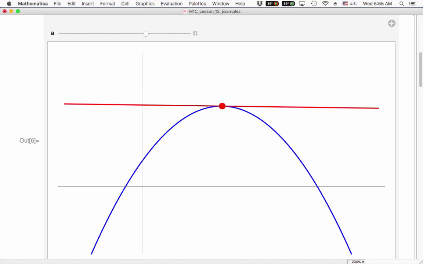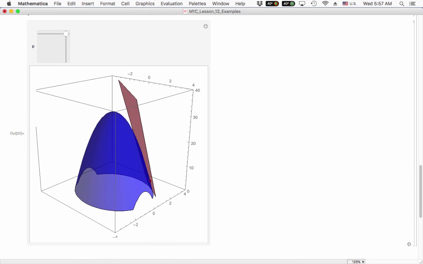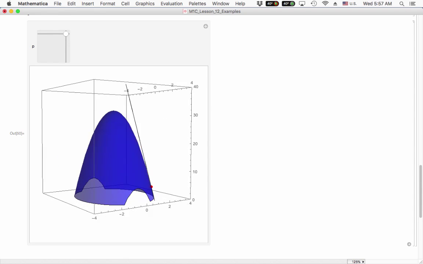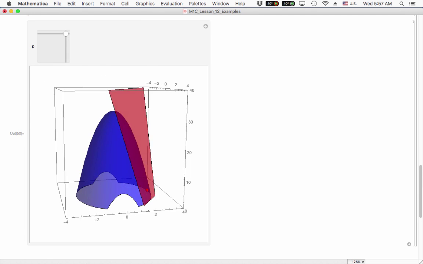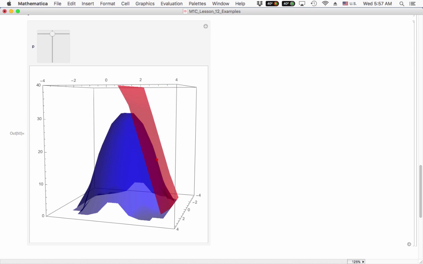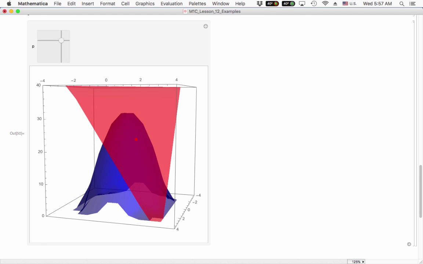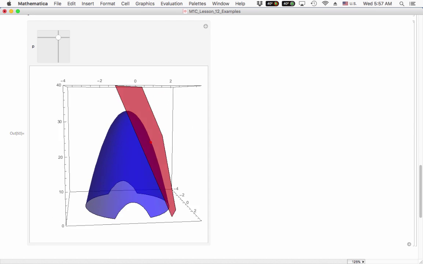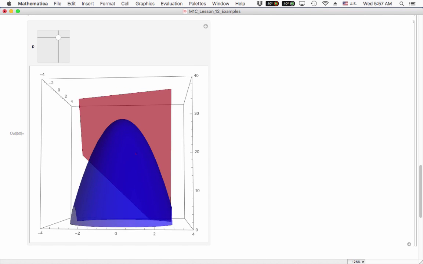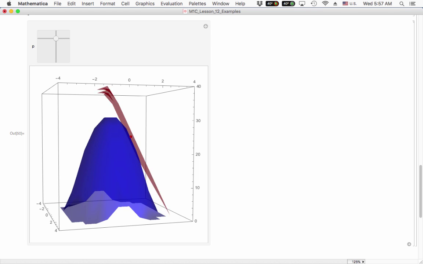Let's visualize how we might do that. Here we are with the graph of a multivariable function, kind of a similar behavior, an elliptical paraboloid. And then instead of a tangent line, notice that we have a tangent plane, which we can kind of move around. It's kind of fun, right? This tangent plane, there's a red thing that we're doing right there. That's what we're going to construct in lesson 12, the lesson we're currently in, how to find the equation for that. But more importantly, in lesson 13, what we're going to see is if we want to maximize or minimize,